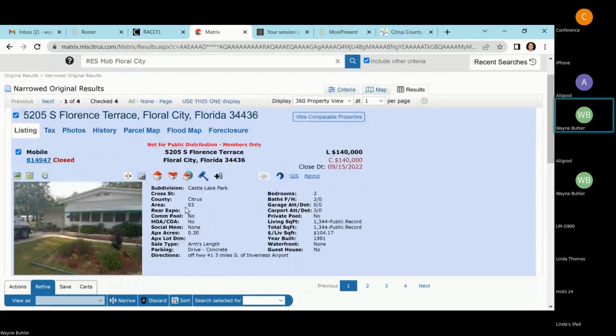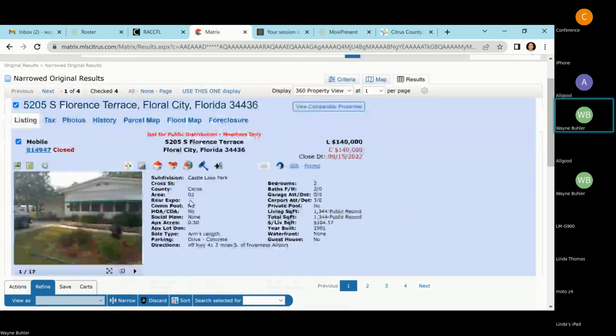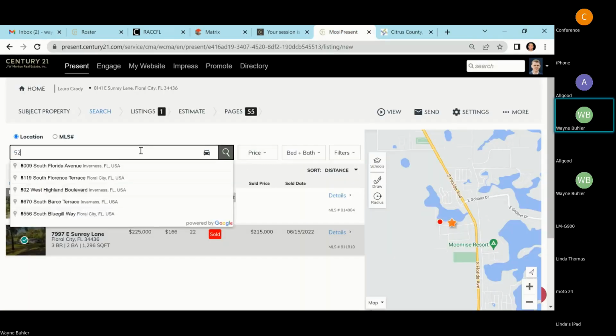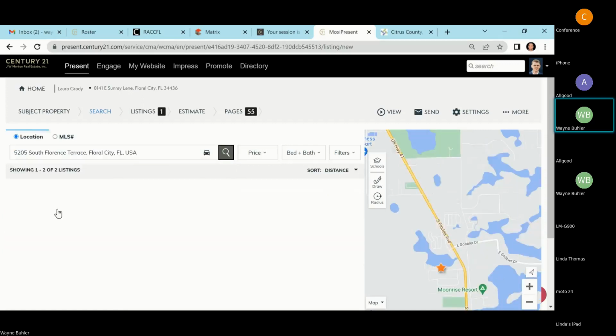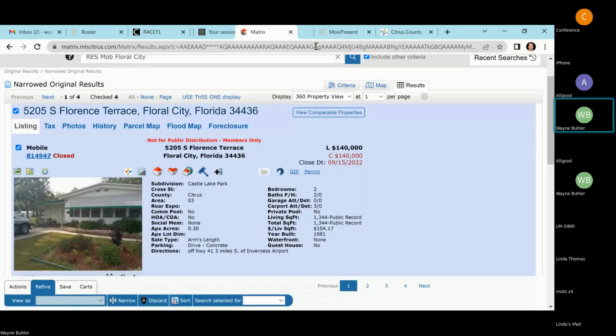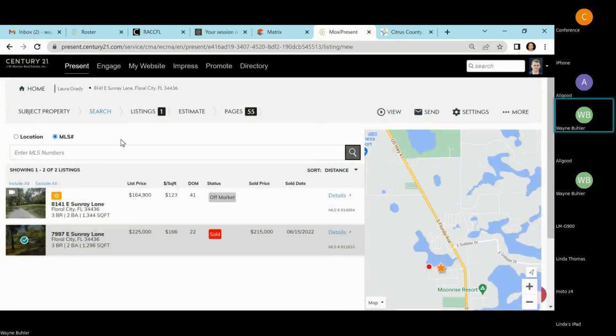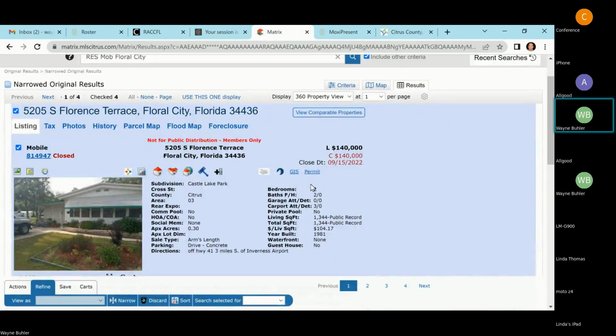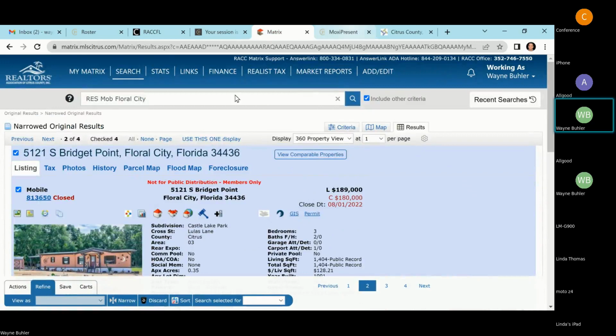And I have that one on Sunray that we didn't even include in this search. So basically what I do now is I go back to my Moxi and I see 5205 South Florence Terrace. So I literally just start typing in 5205 South Florence Terrace. Click on it. Or alternatively, I can just type in the MLS number here. The MLS number was A14947, so I just do A14947 and I hit search and I see South Florence Terrace. I add it. I go over to my next one, which is A13650,